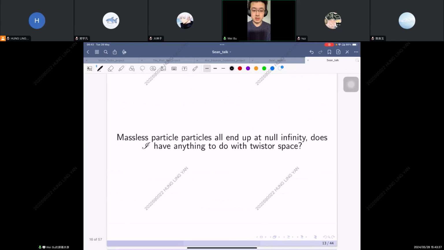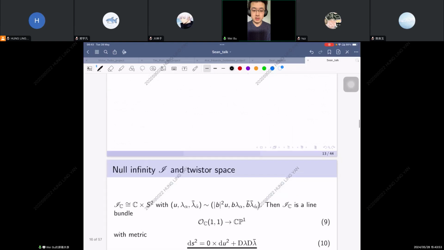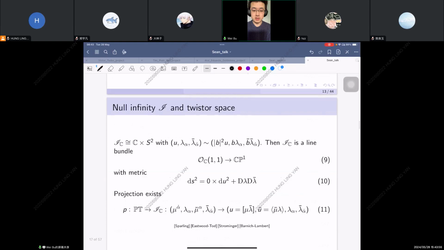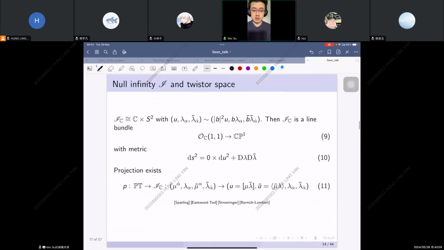So now let me clarify another geometric intuition, which is that massless particles all end up at null infinity. They cut null infinity at the celestial sphere. And twistor space, you just told me, is the space of all the null geodesics. So does scri have anything to do with twistor space? The answer is, of course, yes. So scri, or partially complexified scri,